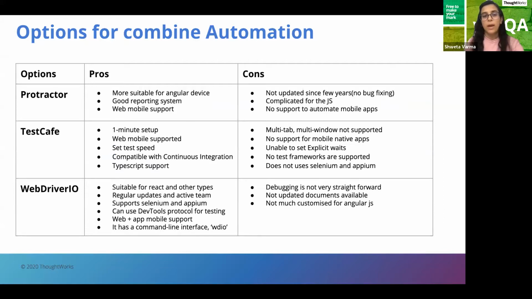But if you do the comparison, the major difference is that Protractor and TestCafe give you device browser support only, like mobile web support only. They don't have native app support. So if you have a browser instance but you also have a native app, you would have to do extra setup to maintain the native app test scripts, which can be easily done in WebDriverIO. On top of that, considering the community, it is very active for WebDriverIO.